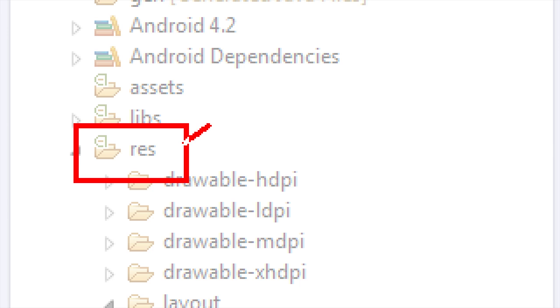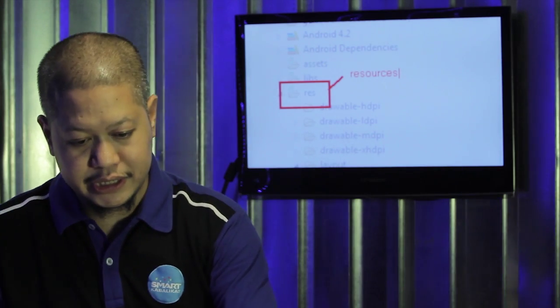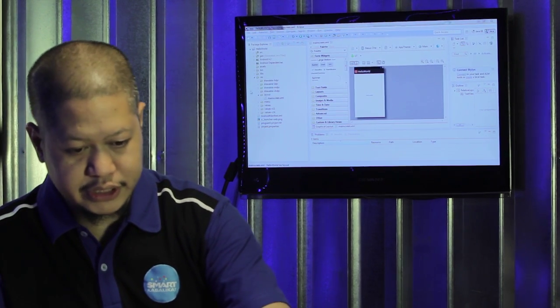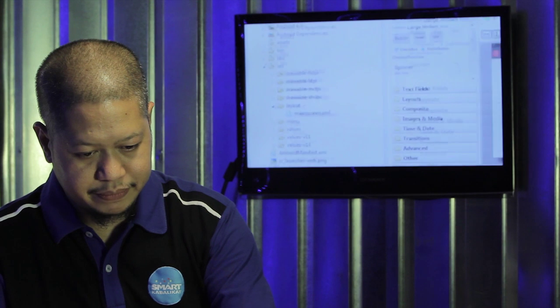One, there's a big folder called res, and literally this is short for resources. So any supporting files your app may need, graphics, MP3s, some HTML files, or whatever you might want to add to your application will be inside resources. Resources is simple enough. When you see it and open it,